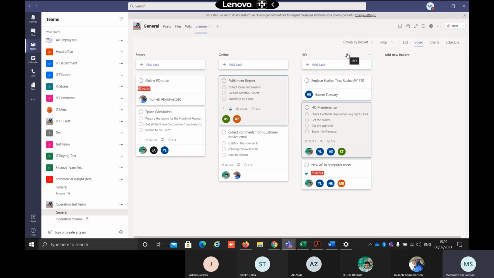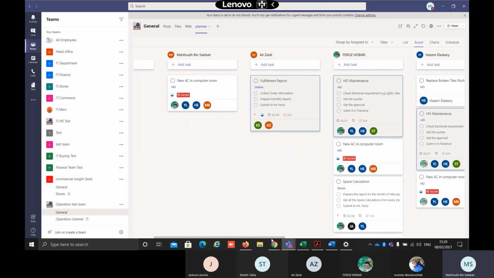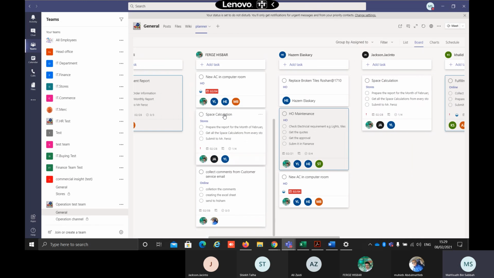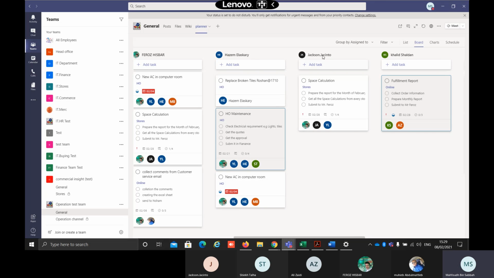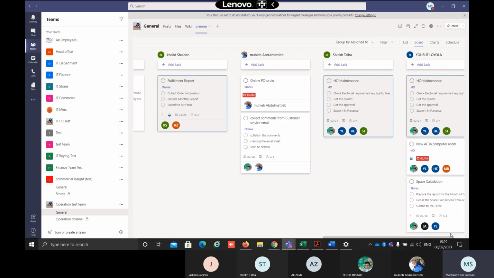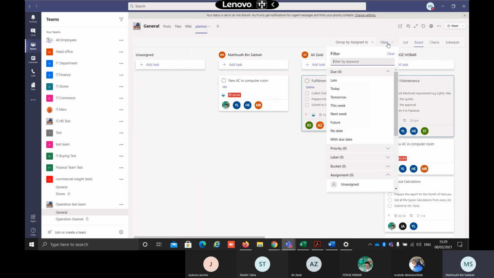For example, if I want to see the tasks assigned to Mr. Muhib, we can make group assigned to. We can see the tasks related to Mahfoud, to Ali Zaidi, to Fayrouz, to Hazim, to Jackson, to Khalid Shaldan. And the same thing for Muhib, for Talha, for Yusuf. Okay. And also we can filter